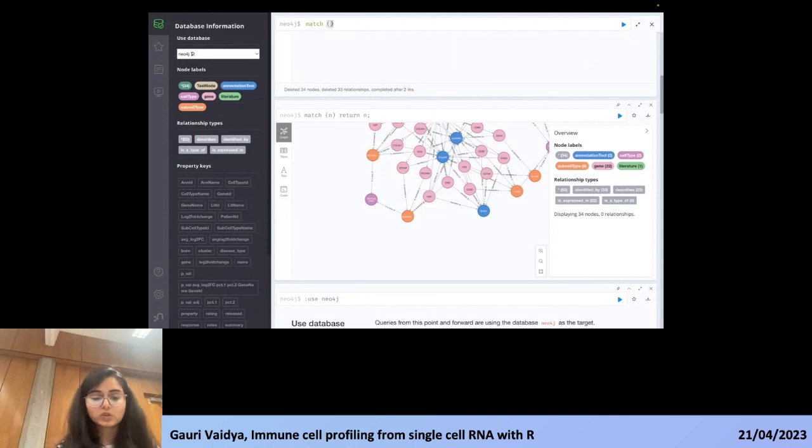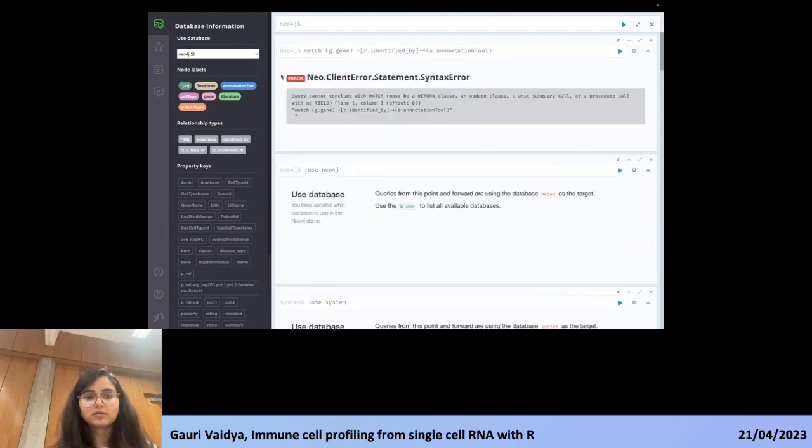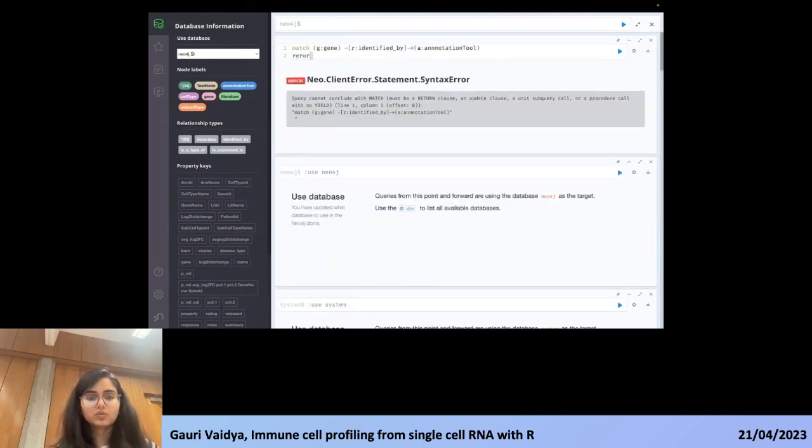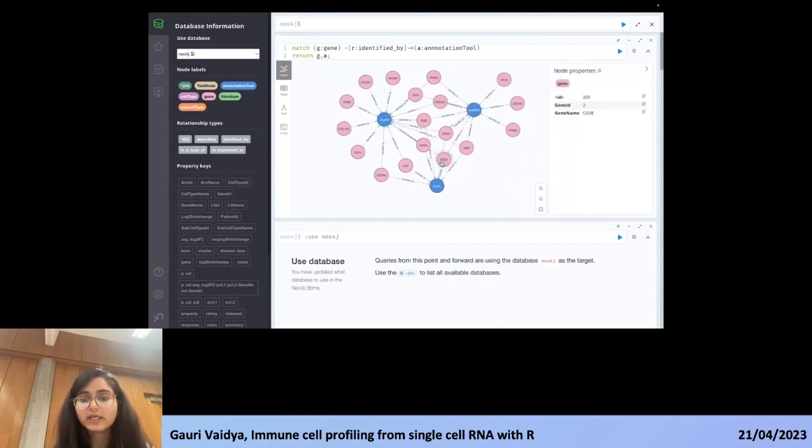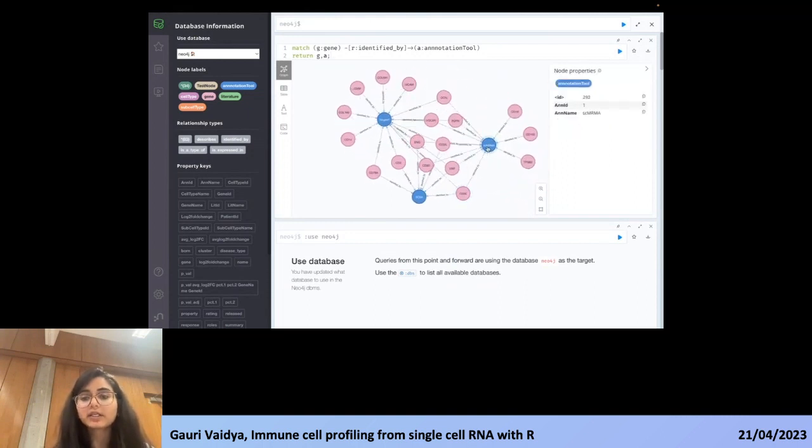So we want gene, so we're going to take gene, and because we have a relationship with the annotation tool, we are going to get the annotation tools here. When we say G and A, now what we have here is all of the genes which are returned by all of the